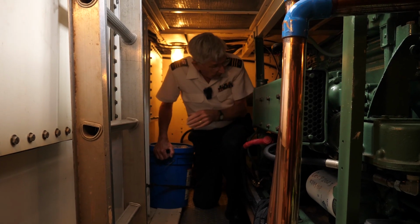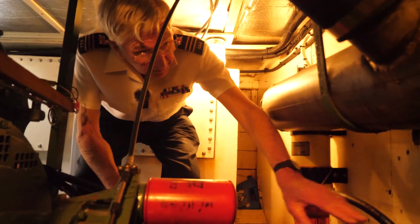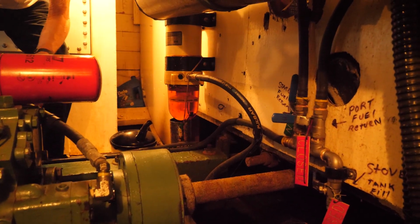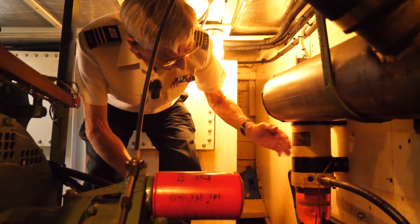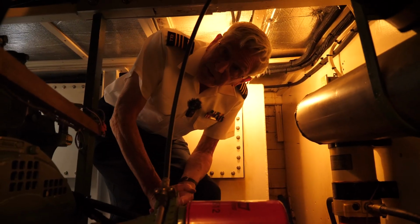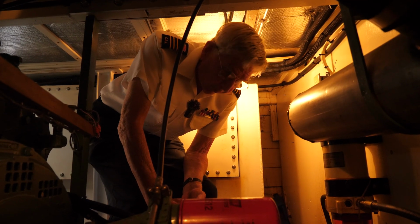All our filters are back here behind me. Back here we have our main manifold for controlling which tank we're burning from, and so we can transfer fuel or move it around as we want. Our main big filter here, and then there are other filters as it goes into the engine. You can get at everything in here. It's a very easy engine to work on, and like I said, you can get at all of it,